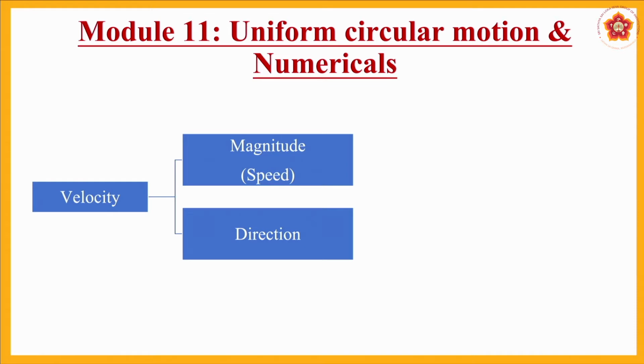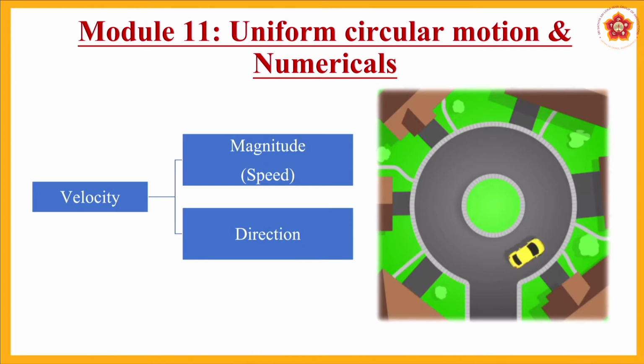So whenever we want to change velocity, what we have seen till now, we are changing the magnitudes of speed. So initially speed was 40 meters per second, then speed became 80 meters per second along a straight line. So therefore, because there is change in speed, we have velocity given by v minus u, final minus initial velocity divided by a, that will give us the acceleration. So change in velocity either can be due to change in the magnitude or change in speed, or the other way is to change the direction. As the direction changes, the velocity can change, and because of change in velocity we have acceleration.